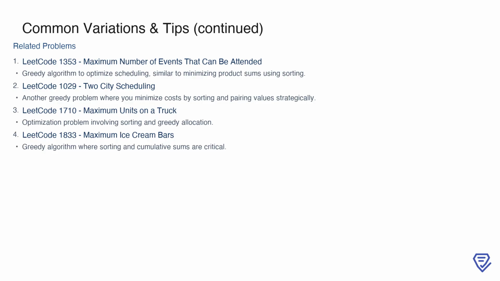Similarly, LeetCode problem 1710, maximum units on a truck, requires optimizing the allocation of resources using sorting and greedy allocation. Lastly, LeetCode problem 1833, maximum ice cream bars, involves cumulative sums and sorting to achieve an optimal solution. These problems all share the theme of strategic pairing or allocation, making them great practice for recognizing and applying greedy